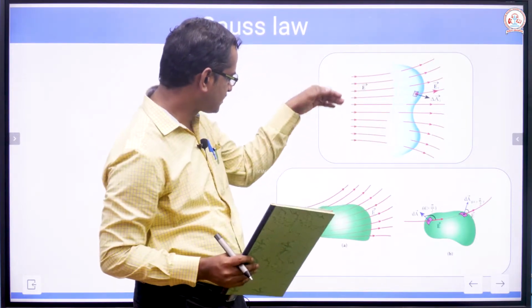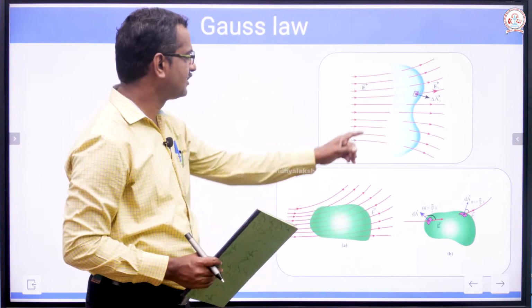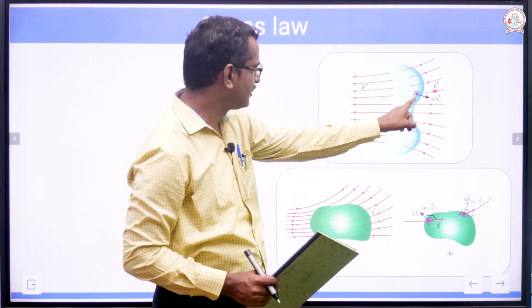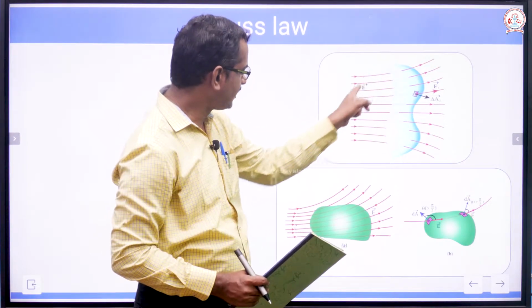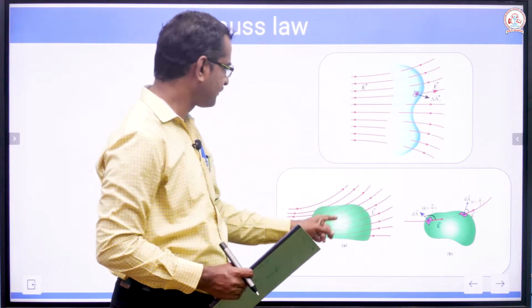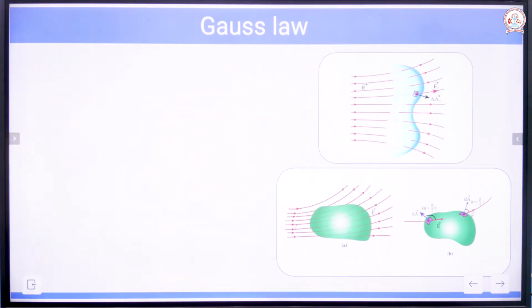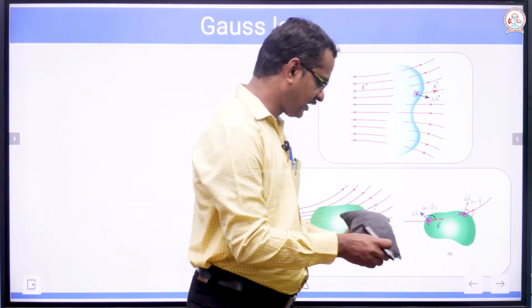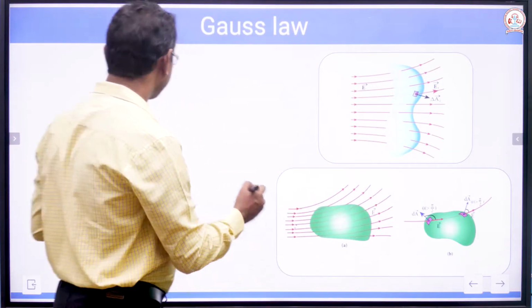The area is perfect, then this is normal to the surface, and we can easily calculate the number of lines crossing this. Whereas for an area like this, which is not well defined, we can imagine a small area normal to the surface, calculate the electric field there, and later integrate over the entire area. For example, for an arbitrary surface which is not well defined like this, you just imagine a surface kept in electric field.